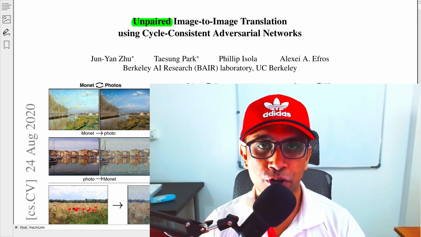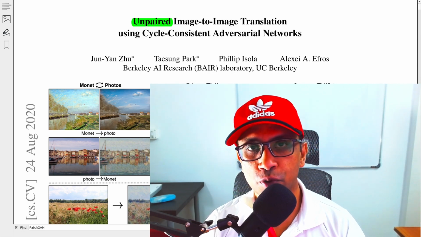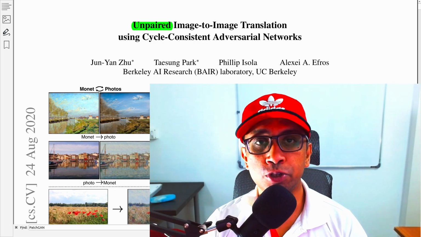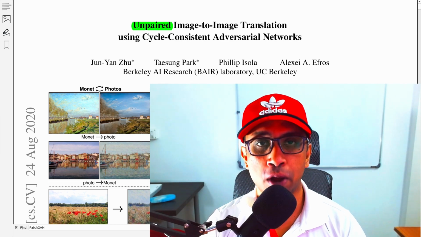In my next video, which I will publish in the next couple of days, I will implement CycleGAN from scratch with Pytorch. And finally, over the next couple of months, I will do many popular GAN, or generative adversarial network, implementations from scratch with